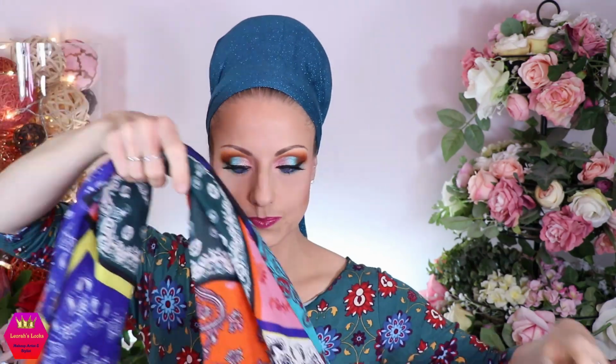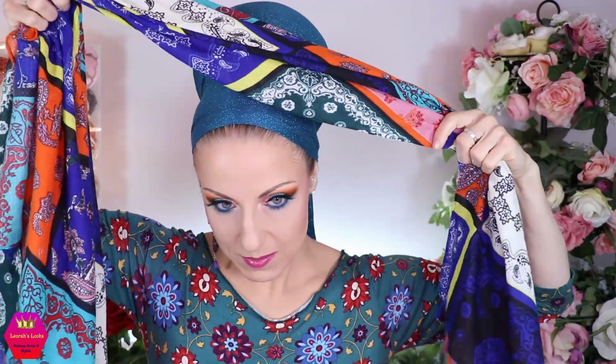Now I'm going to take my Playful Patchwork Scarf, and again I'm putting it on an angle, because this has to be done, otherwise it'll look straight and that's not going to look good. It's not going to be flattering. So put it again on an angle, and I'm again putting it a little bit towards the side that I want to feature. So on this side it's hanging down a little bit longer, like this,